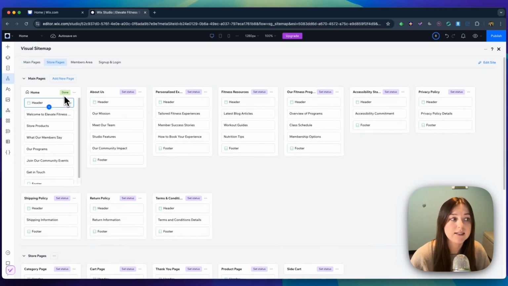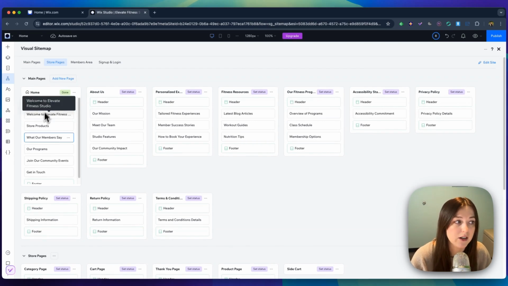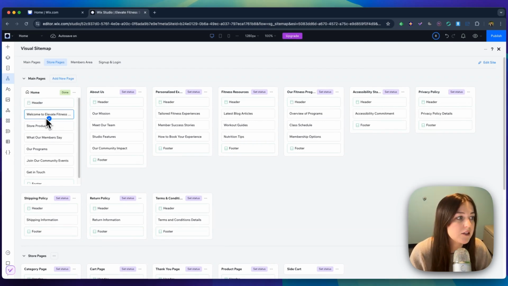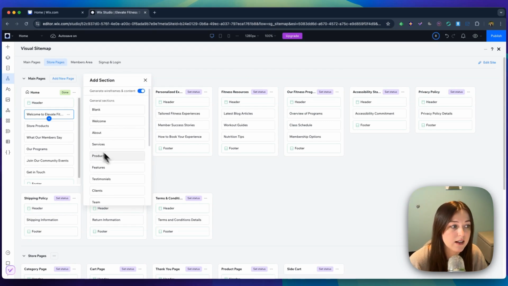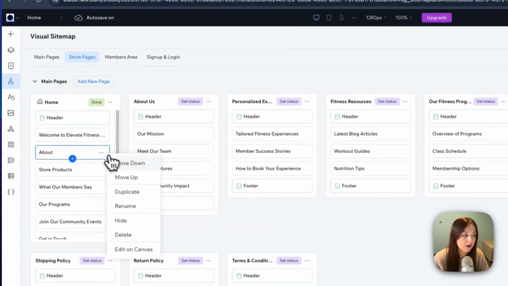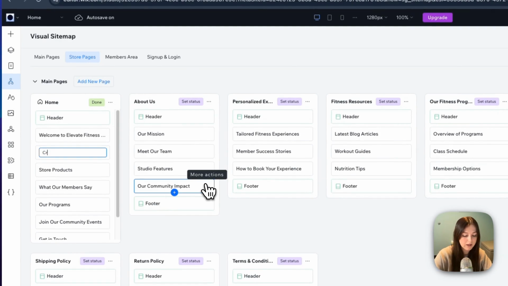You can also add sections in the pages. Say I wanted to create a sign up section on the homepage. I can click into it and click the plus icon. Then I can use one of these general sections that it already has, or I can start from a blank section if I want it to be completely different. For this, I'm going to click one of these. Once that's added, I can go to the 3 dots and rename it. I'm going to rename it Create an